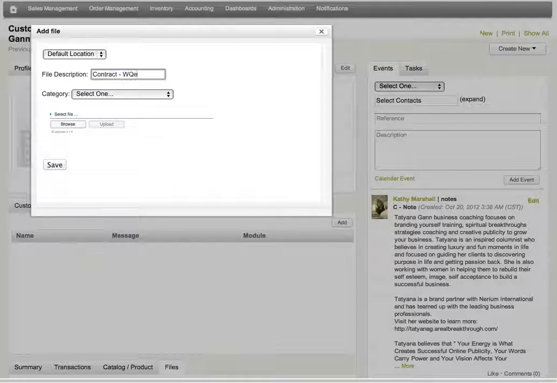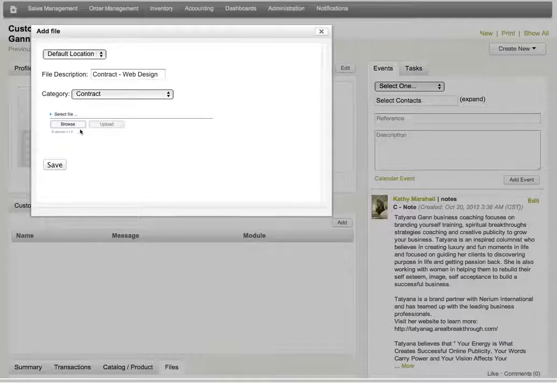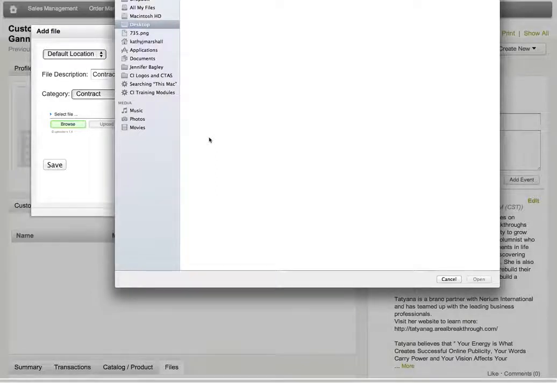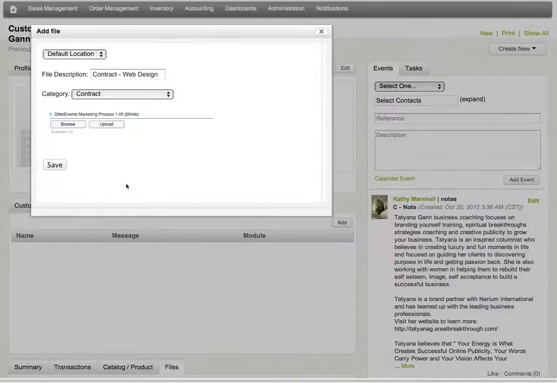So let's say this is for web design, and I want this to be a contract, and I'm going to browse that file and I'm going to save that file. I don't know if I want to go through all that. In addition, you guys, one of the things you also might want to do, so I'll just use this. You also want to